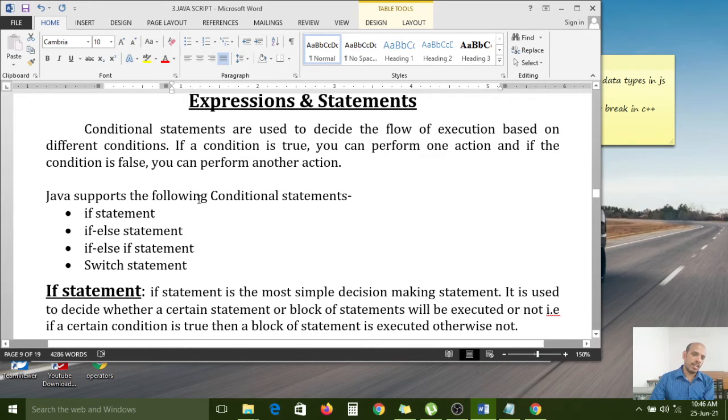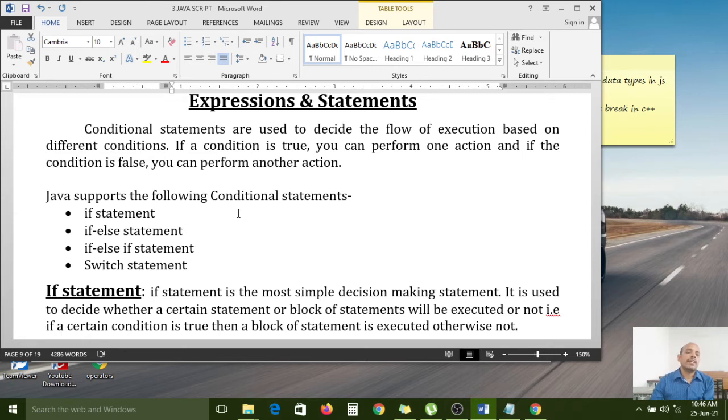So that is why these are called a decision making system. They are called conditional statements because we are using conditions here. Which block you want to execute is selected by the condition, so they are called selection statements.